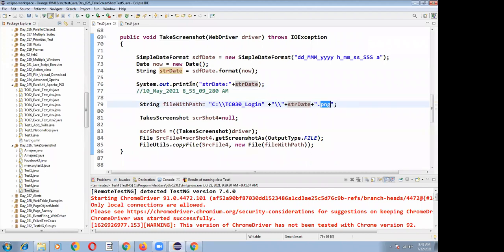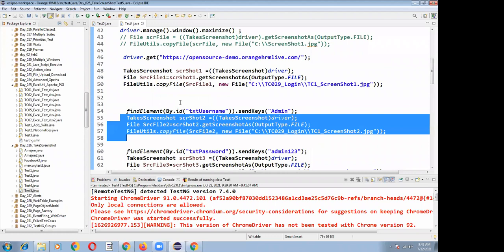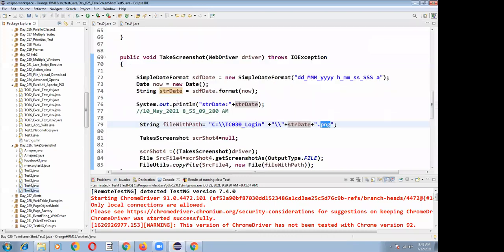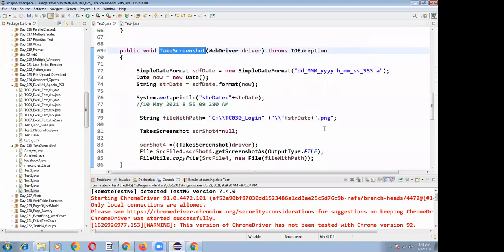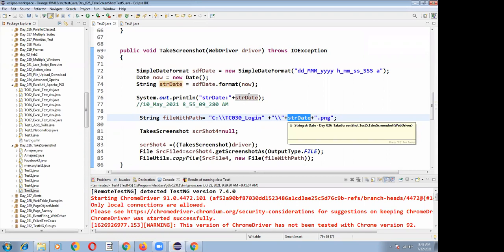Whenever you call the R1.takeScreenshot method, the particular timestamp will be appended to your screenshot, so that the screenshot name is a unique name every time.